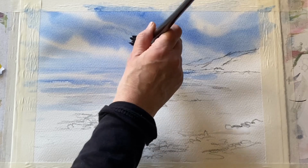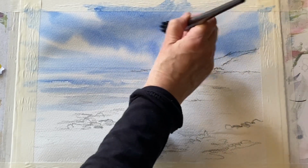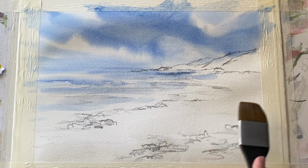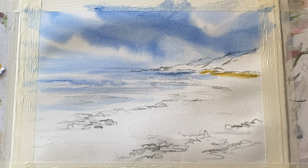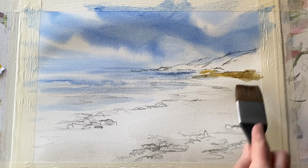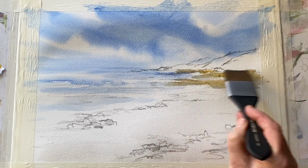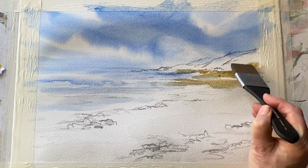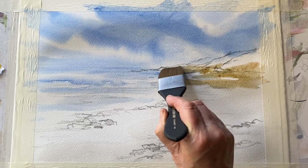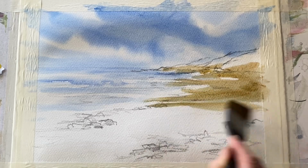So just to soften a few little patches that I think are a bit too dark, again using this very almost dry, damp brush so that I don't introduce more water into the painting. Now this is a mixture of raw sienna. I've added a bit of sepia to it, and I'll start to get in some of the tones that I want in my headland, starting off with these sort of paler brown tones, using the tips of my modeler brush to drag those,